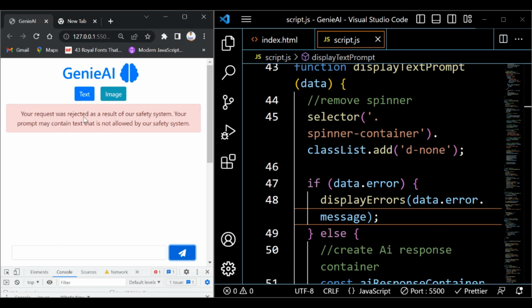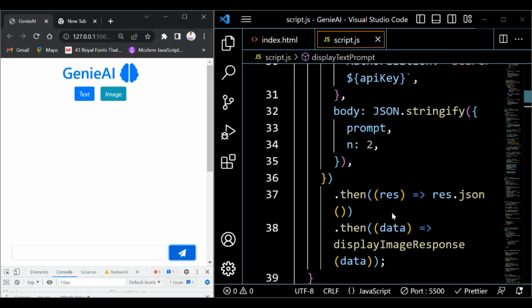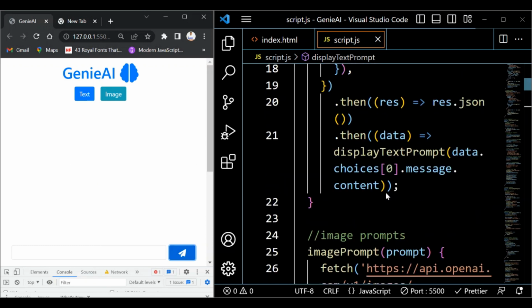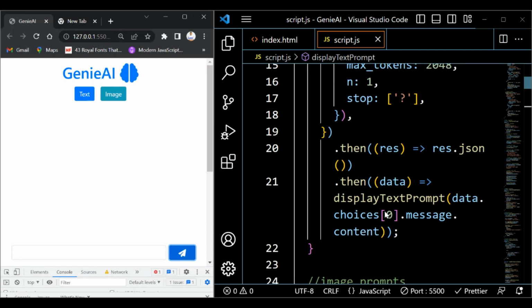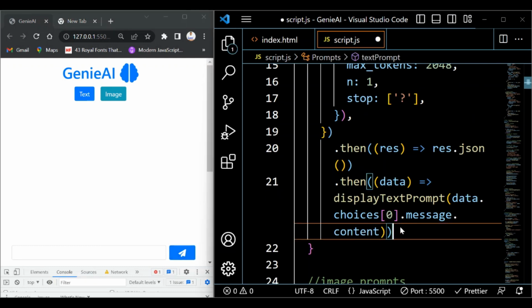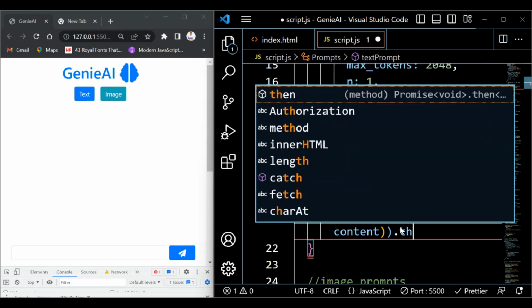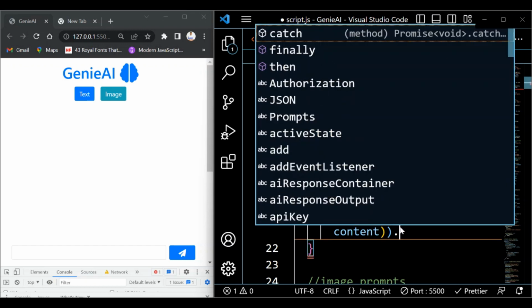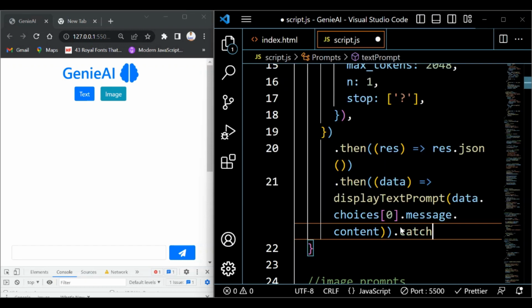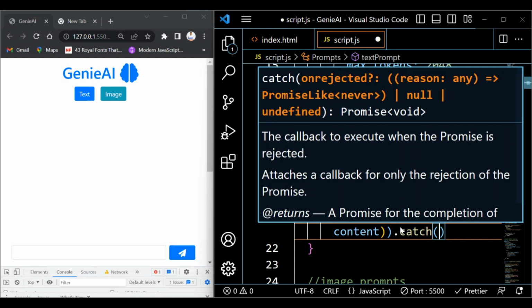You see, your request was rejected, so we get the error. If there's any error, we're going to get it at the top here. I also want to catch any error we get from fetching this. So from our request, I'm going to use the catch method and I'm going to say